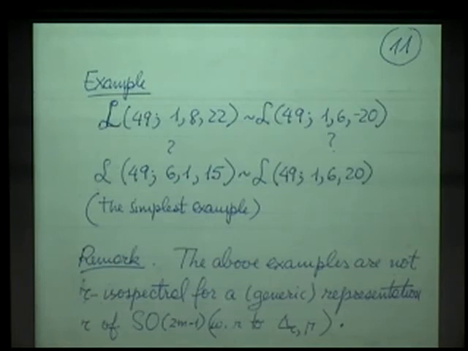So the easiest example from our family is this, and now we have to observe that this length space is equal to this. We have to multiply by 6 here, and then 6 times 8 is minus 1. Minus 1 is 1. And then similarly here, 6 times 22 is congruent to 15. So, and this is the same. So then we get our simplest example.